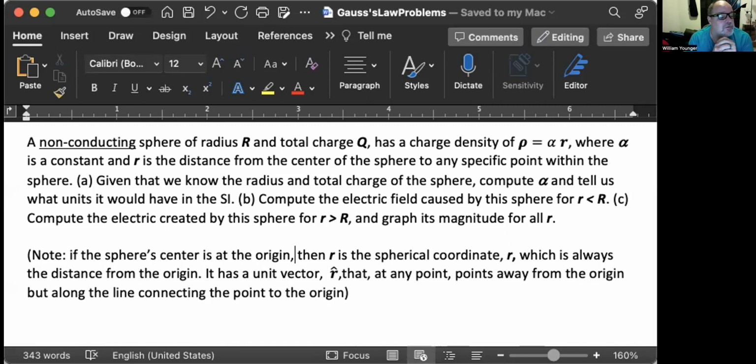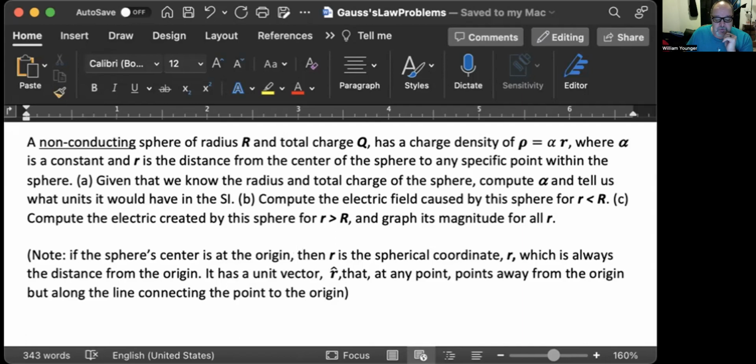I said, note, if the sphere center is at the origin, then r is the spherical coordinate r, which is always the distance from the origin. It has a unit vector r hat that at any point points away from the origin, along the line connecting the point to the origin. So that's just me re-expressing how nice it is to use a symbol with a name, r hat, just to specify a direction. So hopefully everybody's got that. I've copied it into my